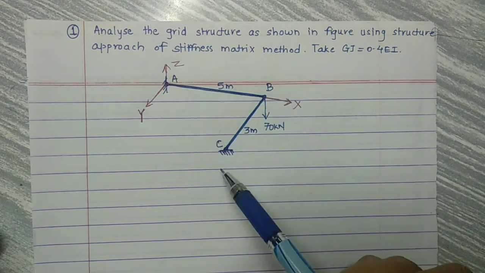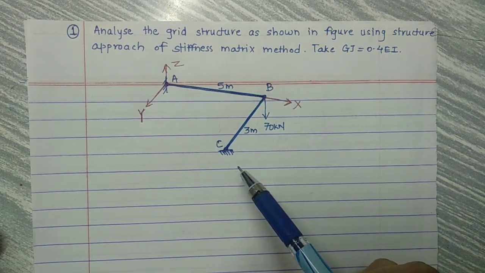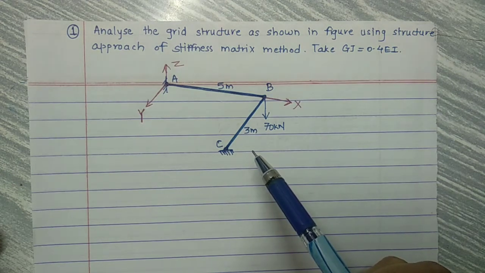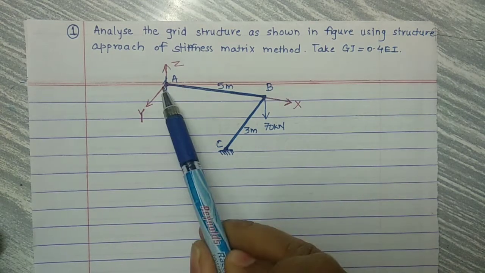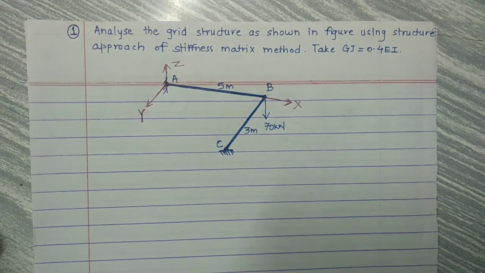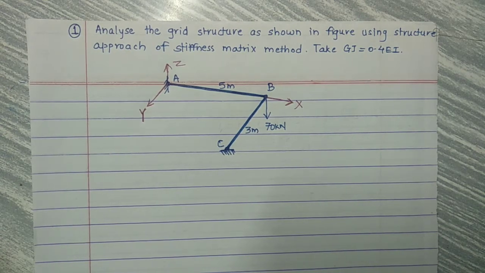Here, this grid structure was already discussed in the previous video, that is, the derivation of the grid structure. In that we have seen that for a grid structure, at every point there are 3 degrees of freedom, and those 3 degrees of freedom are translation and 2 rotations. The 2 rotations are, one is bending rotation and the second is twisting rotation. That we had discussed in the very first video on the derivation of the grid matrix, that is, a typical standard stiffness matrix for a grid structure. Now let us solve this problem.